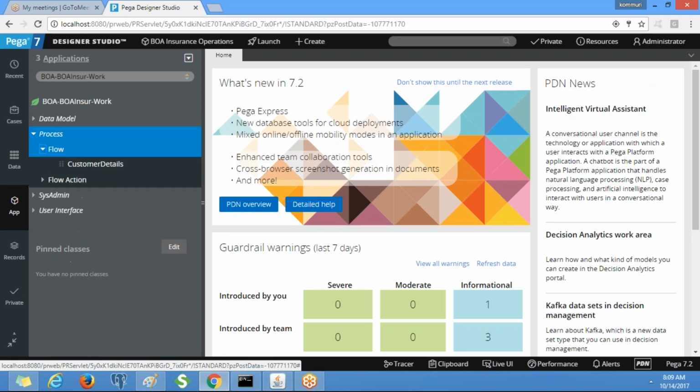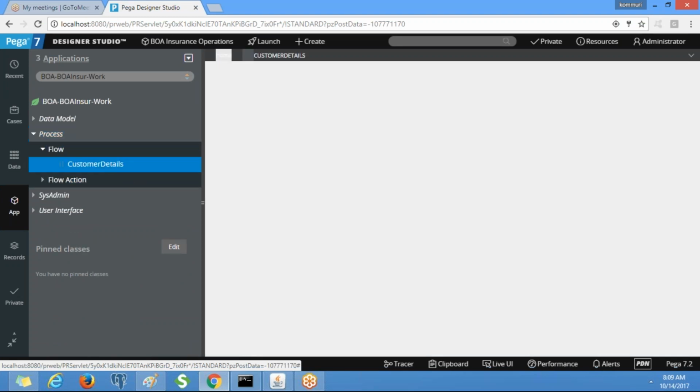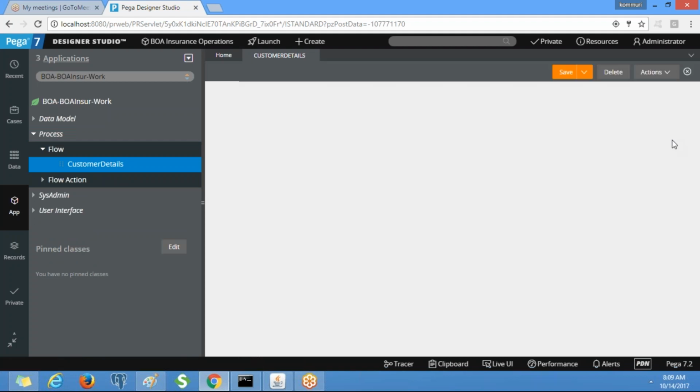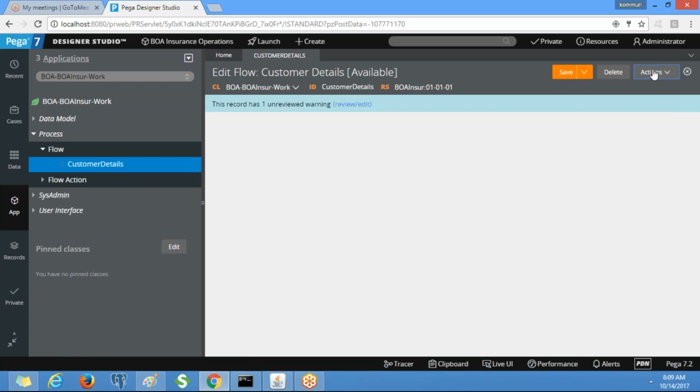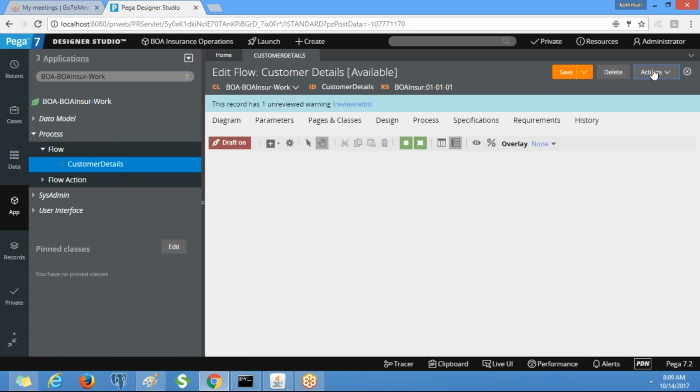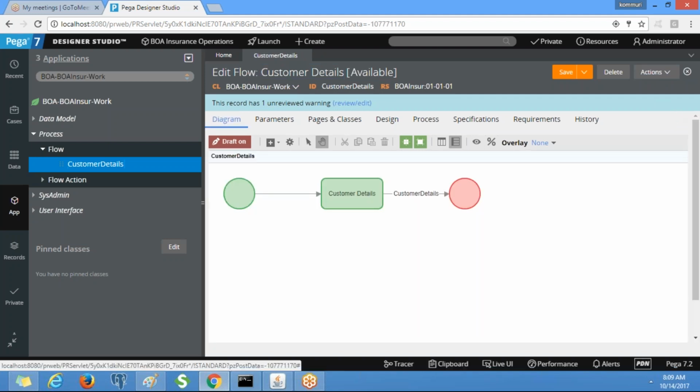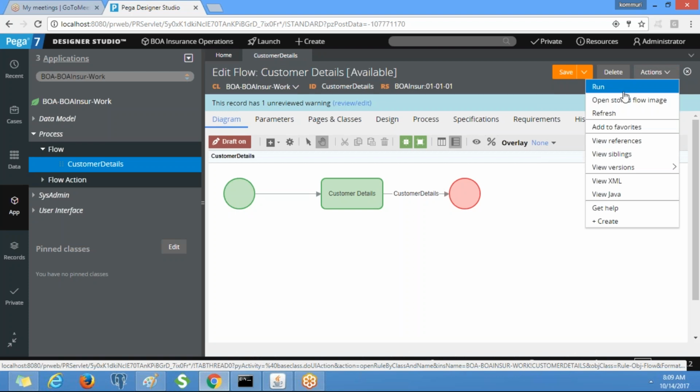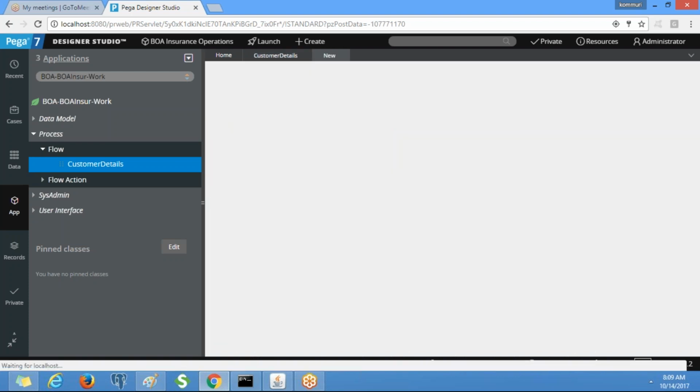Now I am going to run the flow. When we run the flow, it will create a work object, right? Go to the actions, click on run to create the work object.